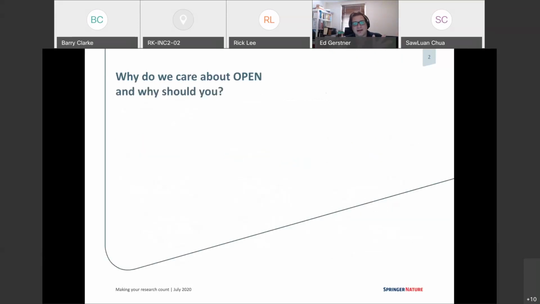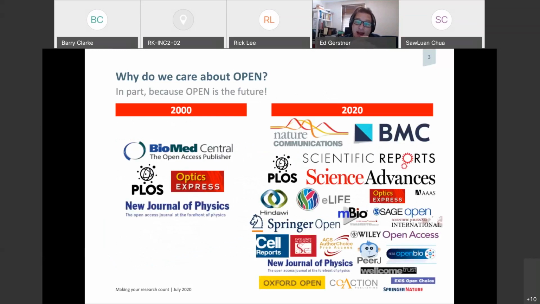So I'm going to talk about the importance of openness in science. So why should you care about open? Well, why do we care about open is because we see open access, open research, open science to be the future of science. In the 2000s, there were only a handful of publishers: BioMed Central, BMC, PLOS, Optics Express, New Journal of Physics. But now most publishers, I will argue probably all publishers, are now publishing journals, in some cases all their journals, open access. So it's very much a force of publishing at the moment, and we see it as